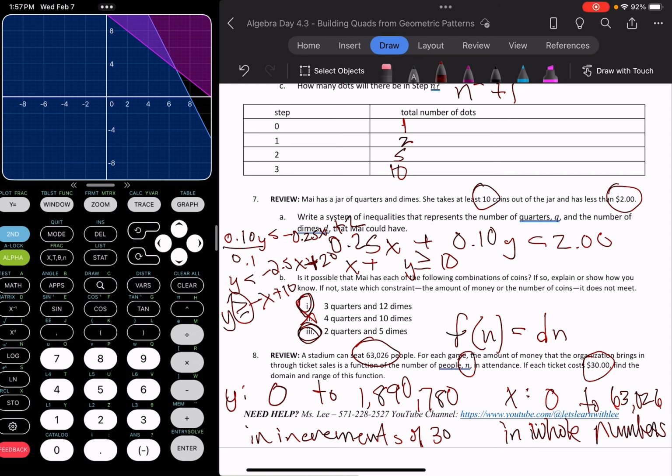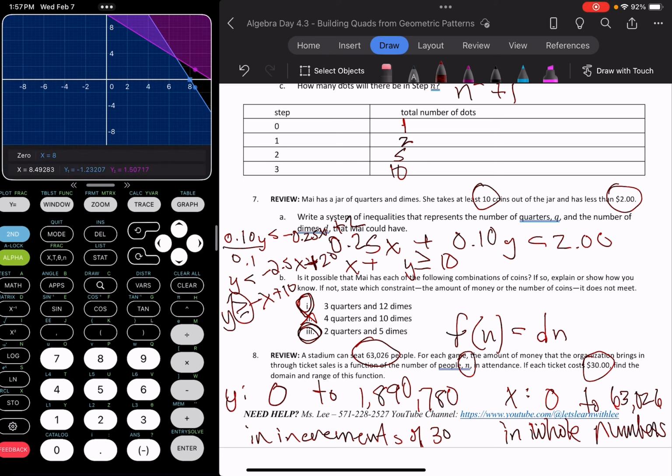So if you can look and say, well, 3 quarters and 12 dimes would be up here in the shaded area, that would work. 4 quarters and 10 dimes would be too far up there, it would be above. And then 2 quarters and 5 dimes,